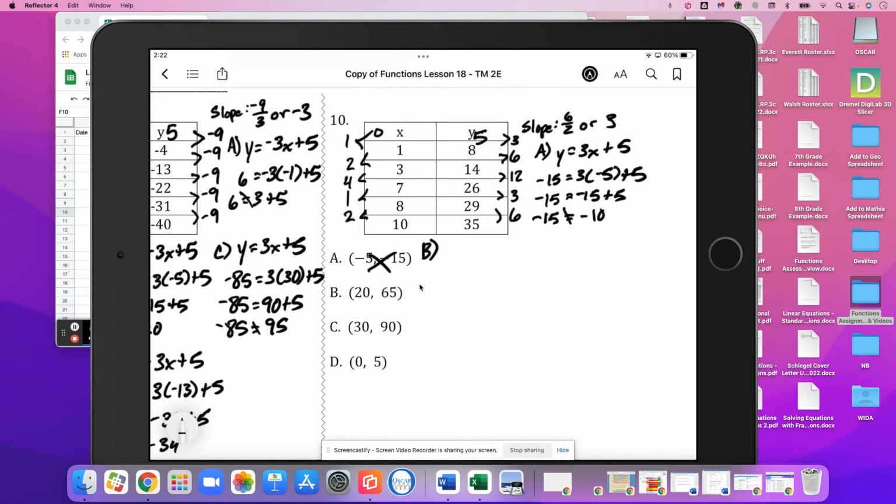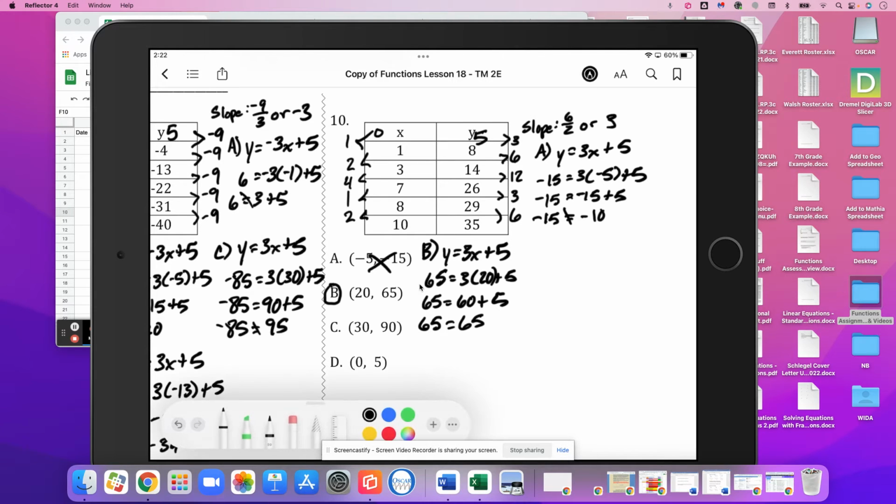B, y equals 3x plus 5. 65 is equal to 3 times 20 plus 5. 65 equals 60 plus 5. And the answer is yes, 65 is equal to 65. So yes, B satisfies this function. I'm going to fix this here because that looks like a 6. And C,